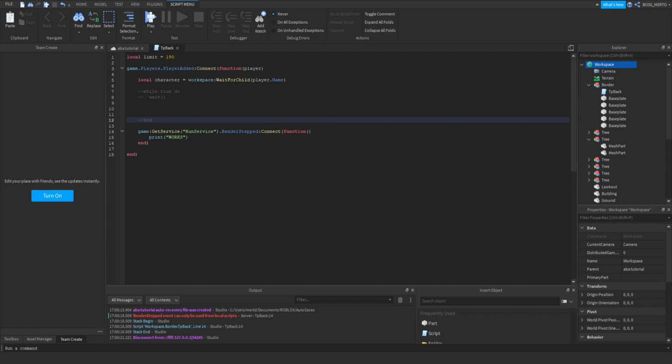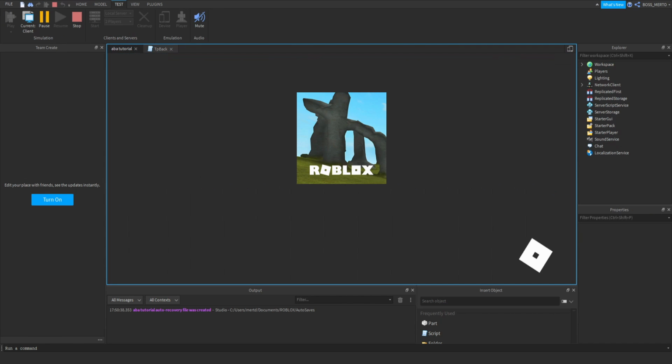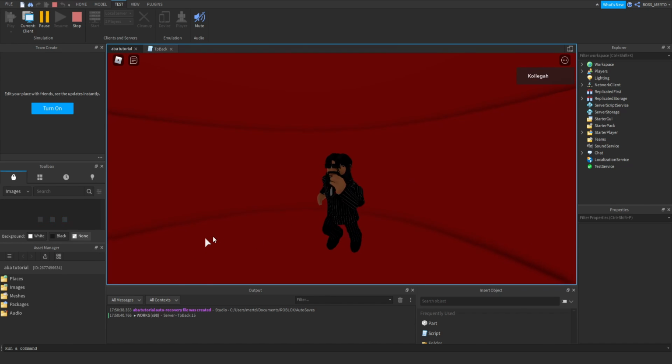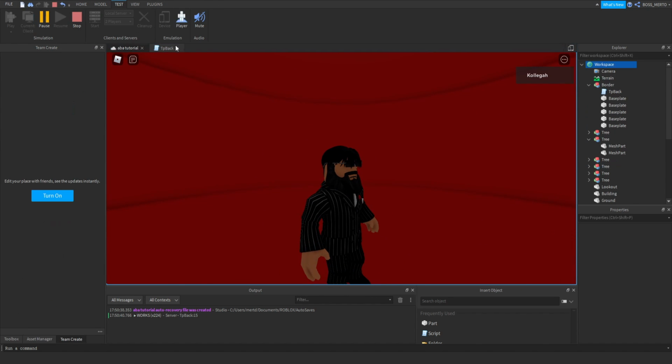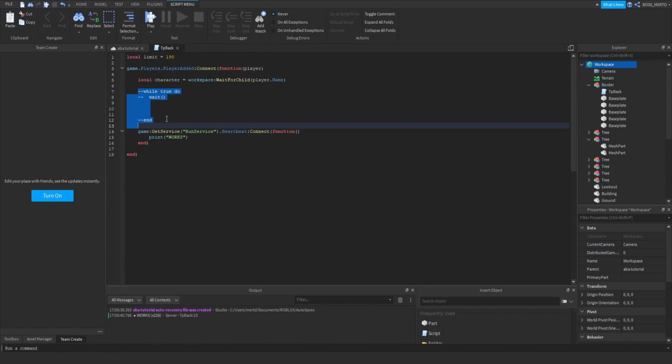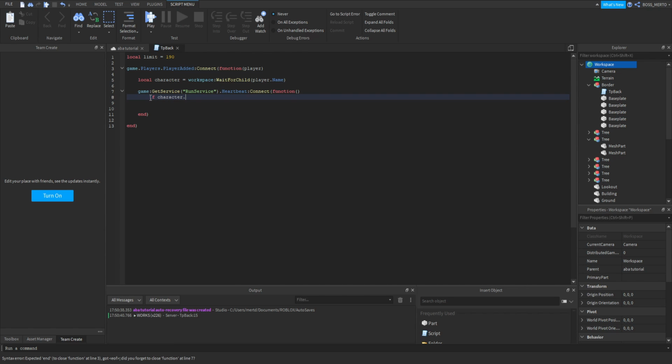Okay, another possibility could be the Heartbeat. Heartbeat. Oh, okay, that's interesting. Yeah, so let's use the Heartbeat instead of the loop. Okay, RunService. So, if character.HumanoidRootPart.Position.Y